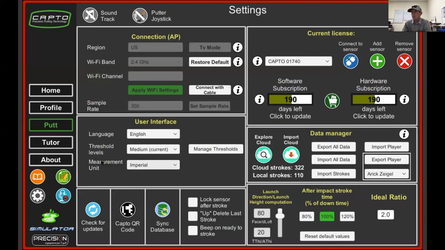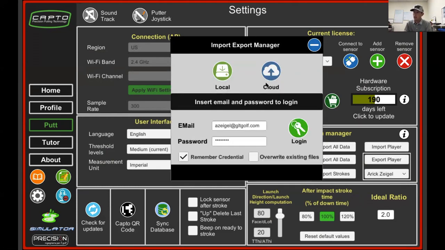In settings, there's not a whole lot that we need to cover, other than knowing that the data manager is where you can import and export data between multiple devices. If you want to export a certain player, let's say I want to export myself, I click on myself and then go to export player. I'd go onto whatever other device I'm using, let's say my phone. I'd go into the same setting and go to import player. I'd go to the cloud, and once I log in,